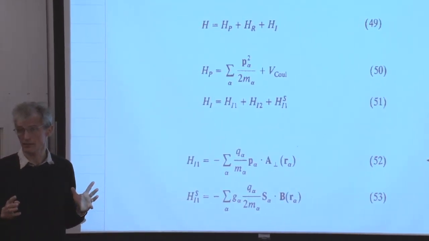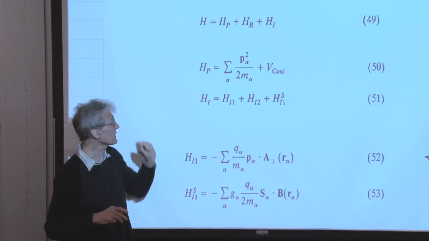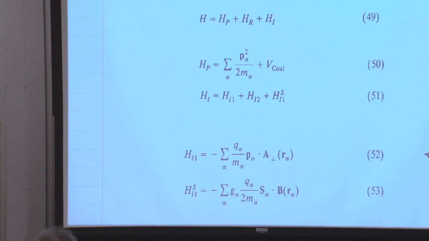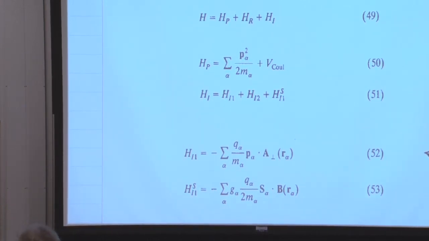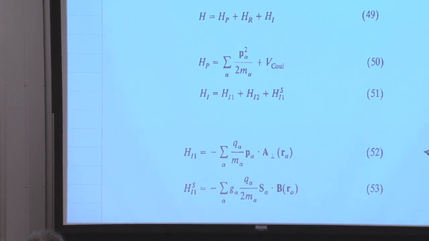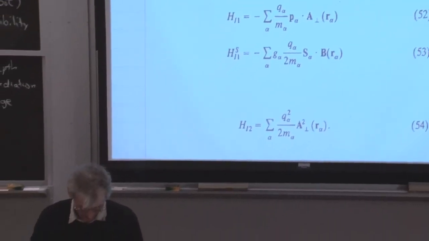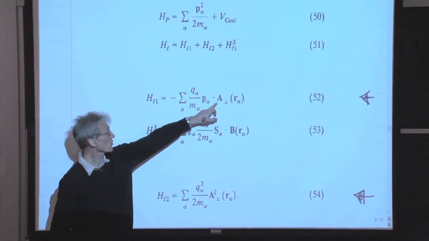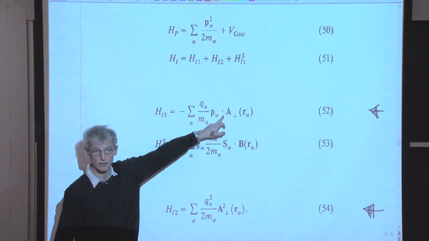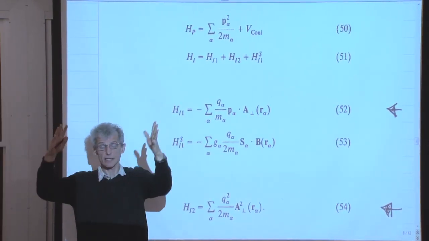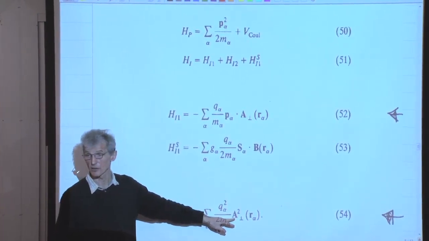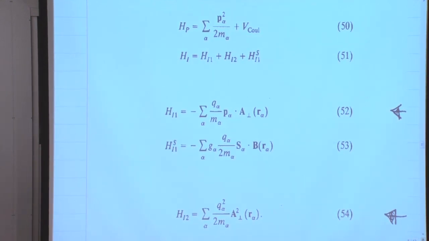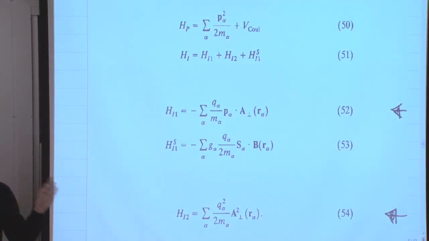But the new part which we need now is the interaction term. And I want to show you now, or remind you by just summarizing the term, that the interaction part has actually 3 different terms. The first one is the cross term between P and A. The second one, when we had P minus A and squared it, is the A squared term. And the third one is the interaction of the spin with the magnetic component of the radiation field. This is the mu dot B interaction.